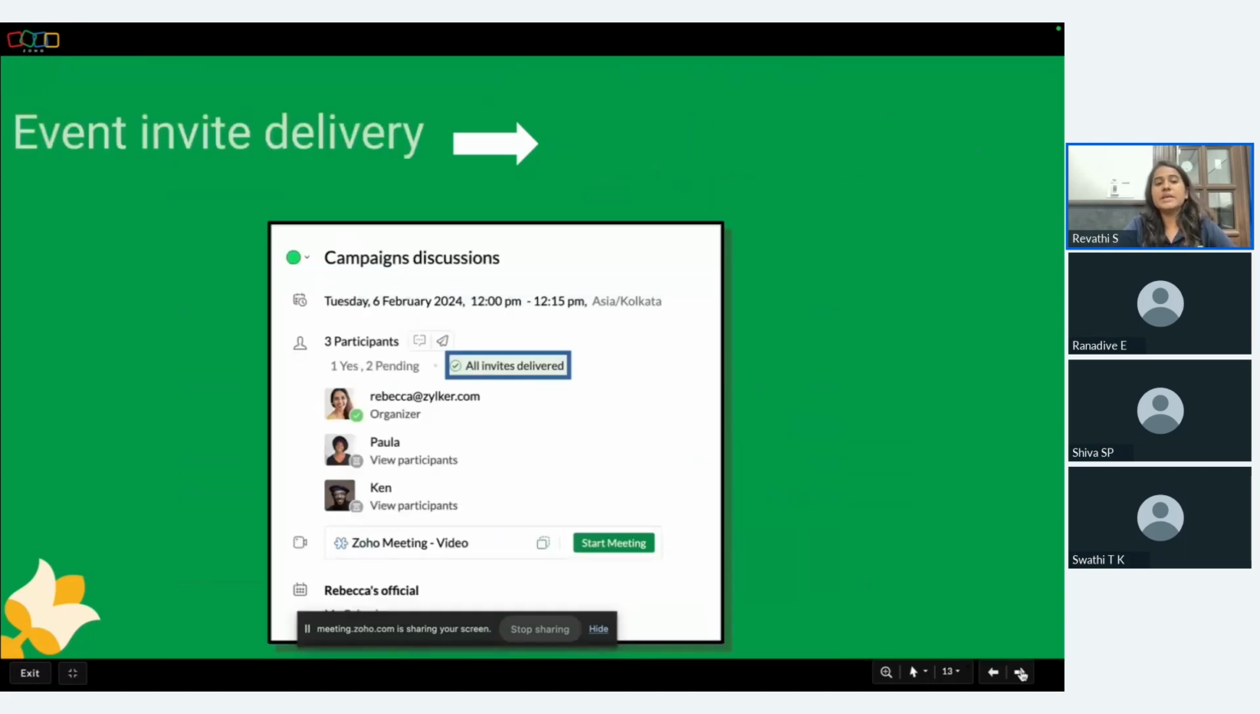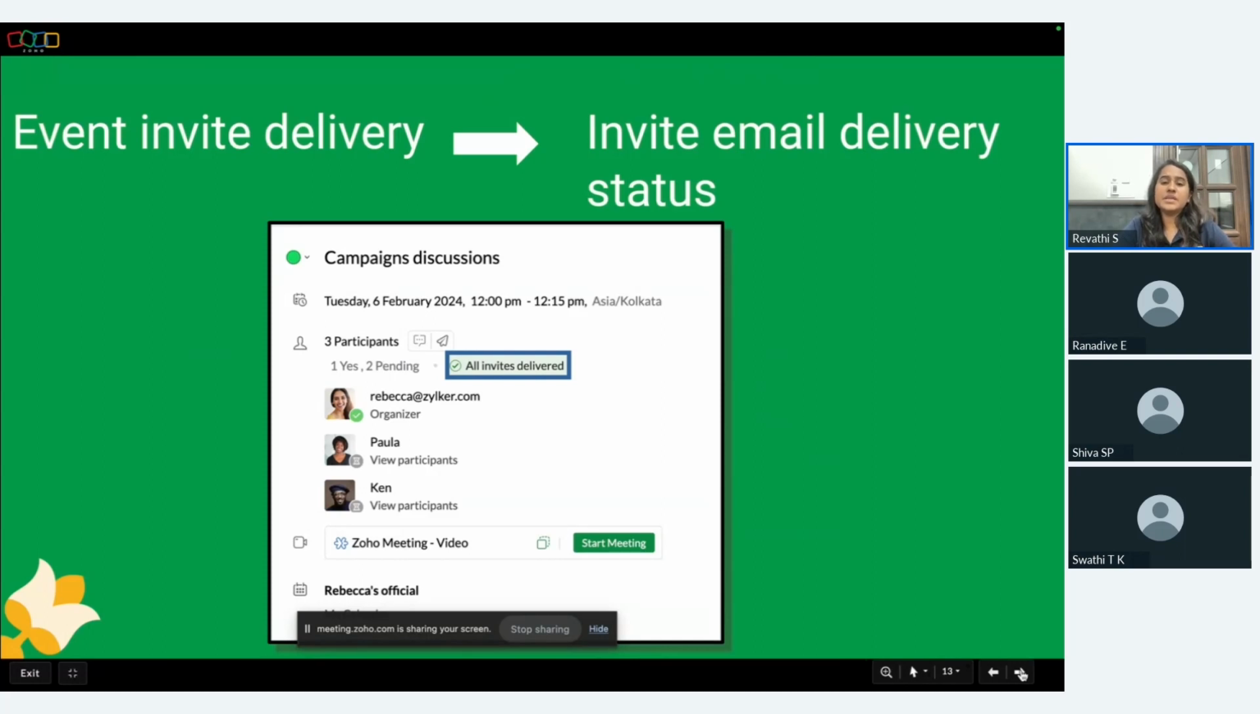So the next case is the email invite delivery. You have created the event and we have sent out the invites. So how do you make sure all these email invites got delivered? Whenever you create an event, after the event creation, you can just click on the view event tab. Next to the list of attendees, you can see "All invites delivered." If you get a notification like "All invites delivered," that means all the email invites have been delivered to